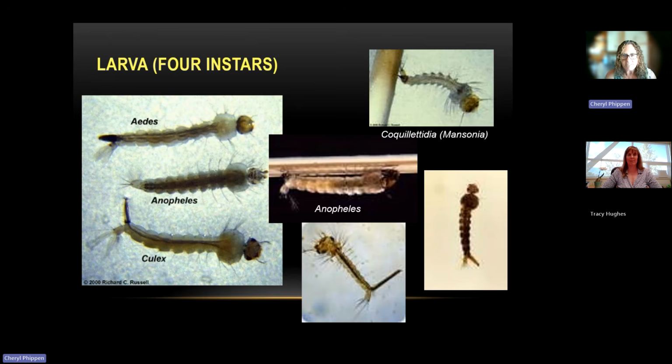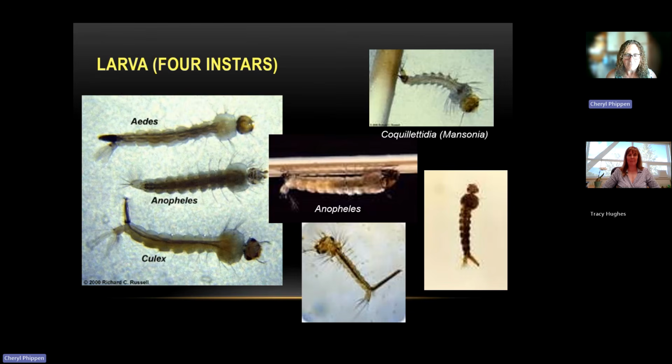These are just some of the types of larvae that we have in British Columbia. We have different genera of larvae. They all look a little different to us. They attach to the surface of the water with the little siphons on their rear ends. They don't have gills, so they can't get oxygen from the water. They must attach to the surface and breathe from the air. That requires very still water. If it's running at all, they are really poor swimmers and they can't attach and breathe.